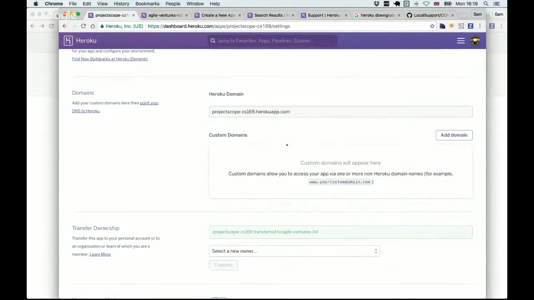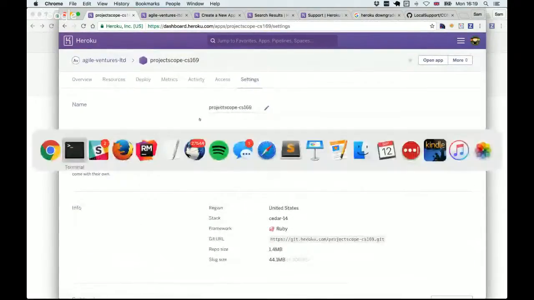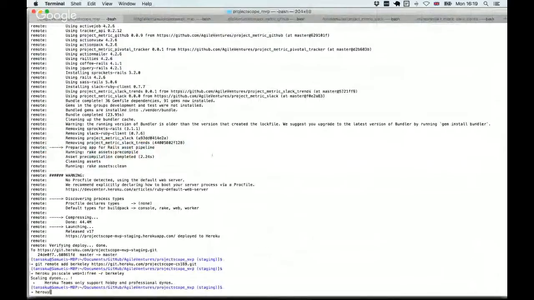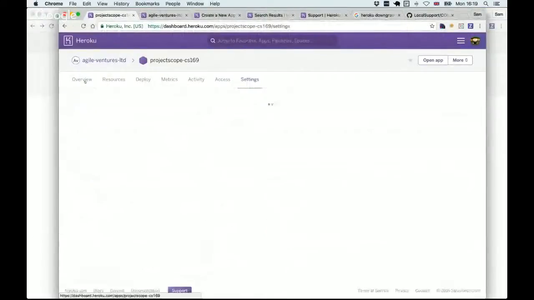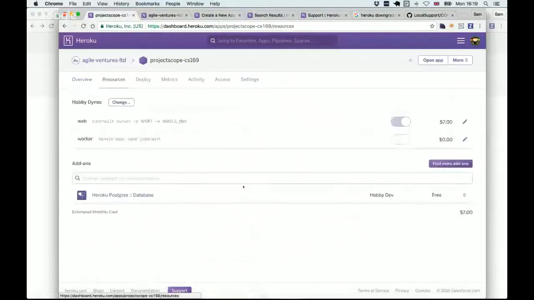So I suspect the sequence that might have been faster was if you'd done Heroku create and then PS CS169. Okay. So when you get it back on, so you've retransferred it back? Mm-hmm. Yeah, I transferred it back, so it's now in Azure Ventures. But let's have a look there. Well, okay, and it's now put it up to $7. Yeah, they're saying if you want a hobby done, if you want to be in your team, then